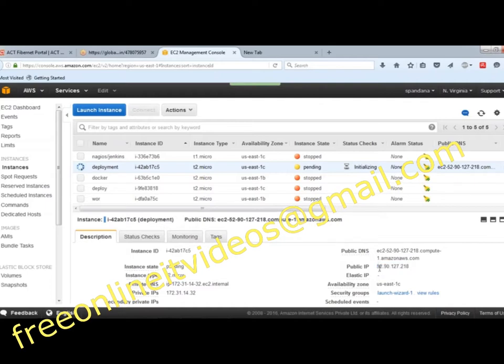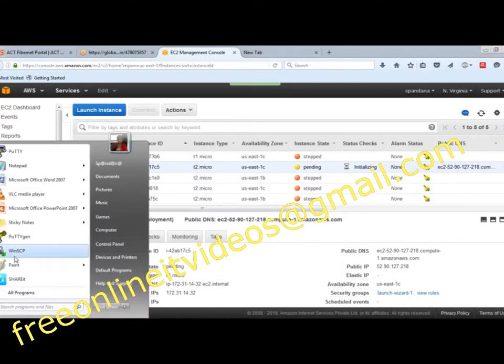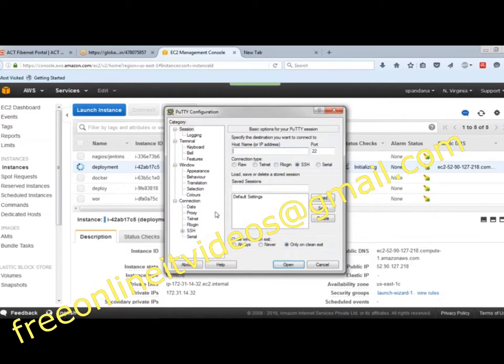Meanwhile, let's log into this instance. We have seen how we generated a .ppk file out of a .pem file.